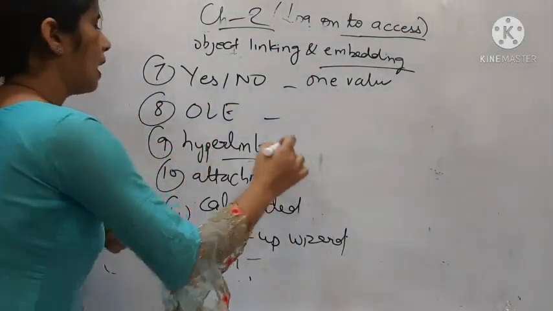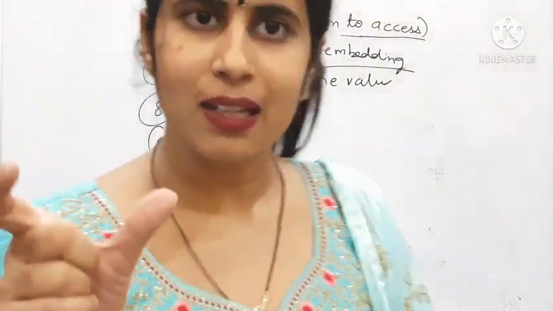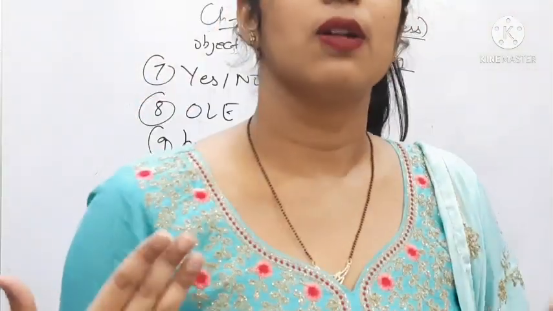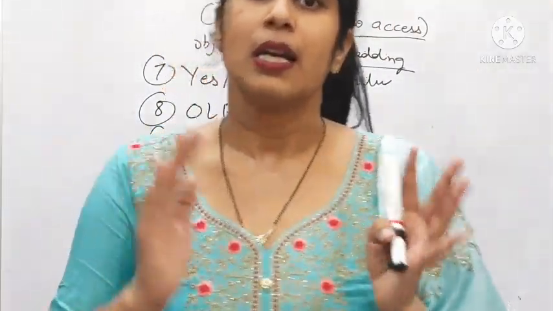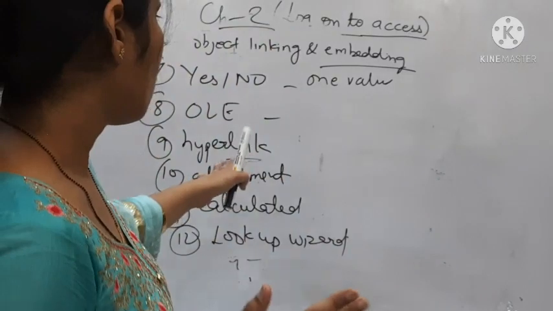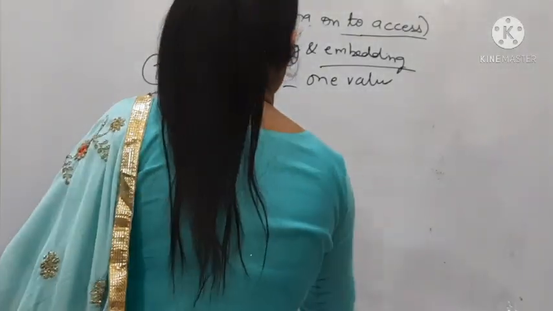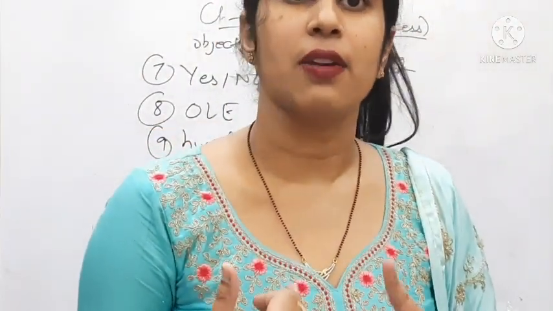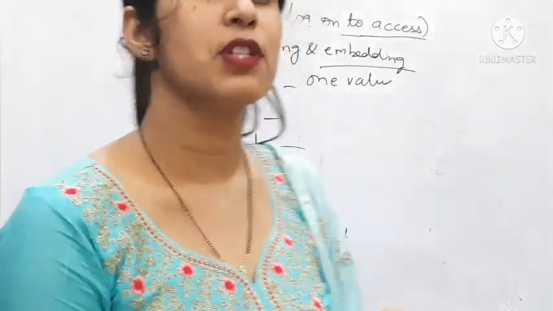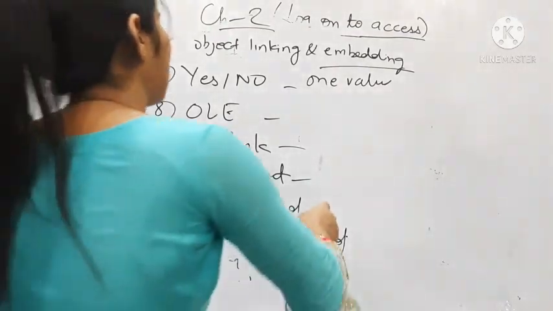Next is hyperlink. Hyperlink, what is hyperlink? Hyperlink is known as the link that we are using. You all are also using the link to view us, to view the video. So same here, the field that stores a hyperlink is known as the hyperlink data type. Next one is attachment. The data type where we can attach any file, any image, any document there. So for the attachment purpose, which data type do we use there? Attachment data type. The next one is calculated.